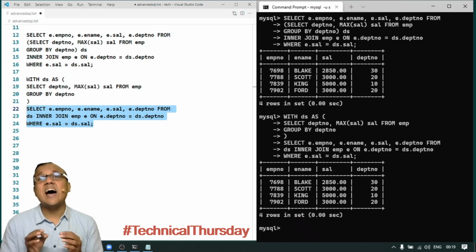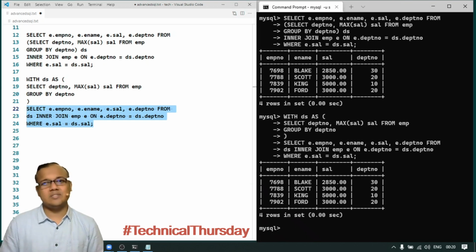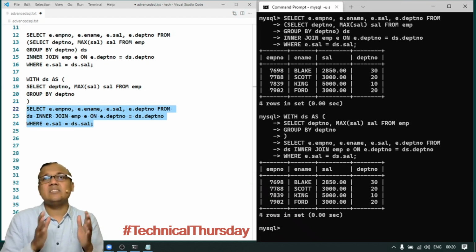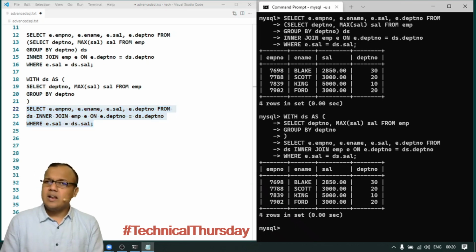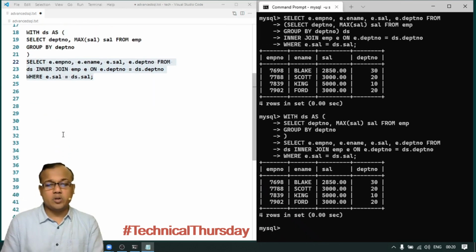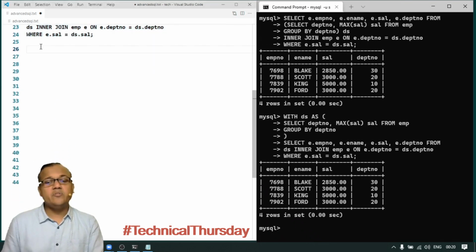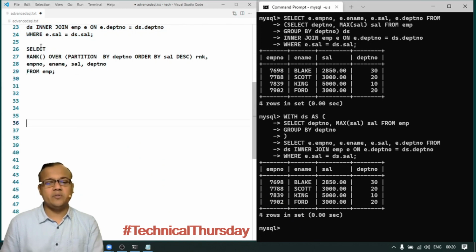Window functions were added into the SQL standard in 2003. Using window functions, we can divide employees into partitions, and we can do several operations on that. Let me assign a rank to each employee after dividing them department-wise and sorting in descending order of the salary.